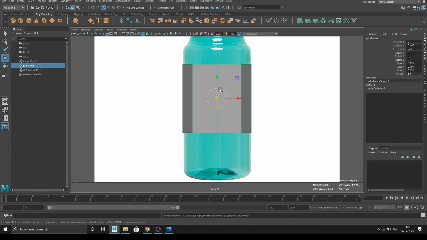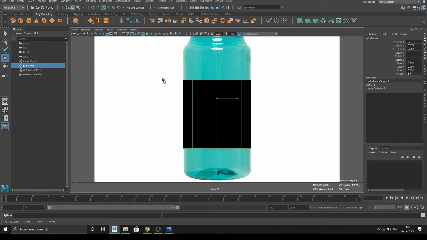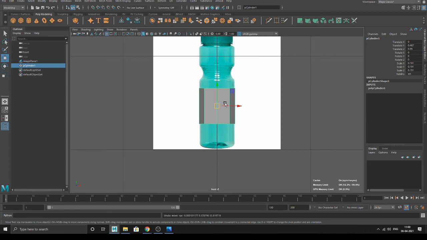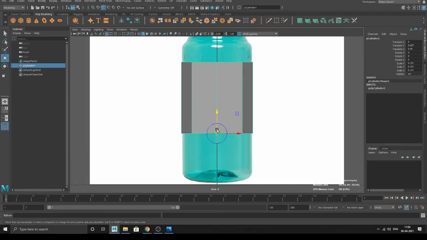D plus V together. First press D and then press V. With the help of V, what happens? The pivot snaps to this object. Look here, it is snapping. D, V. First press D, with the help of D you can move the pivot, and with the help of V you can snap that pivot. So D and V. Now when you go down, it directly snapped into that vertex, right?